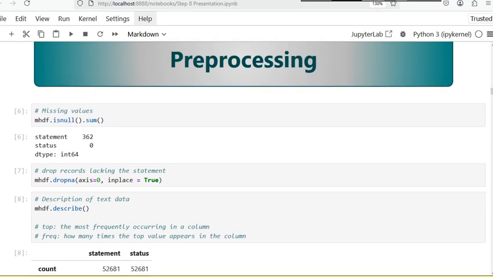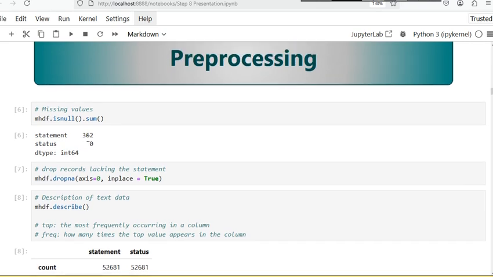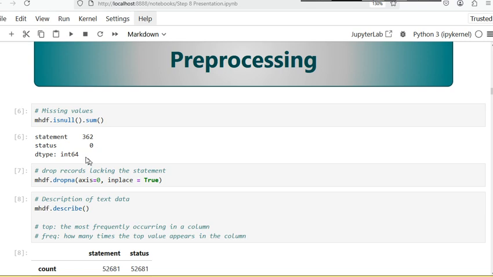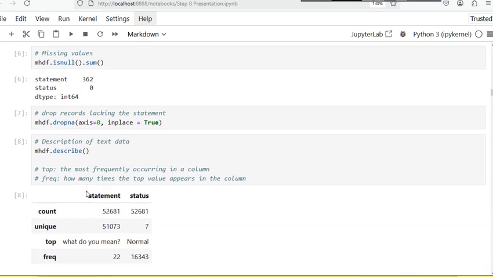Preprocessing always starts with investigating null values. With summation on the isnull method, we see that there are 362 statuses without a statement. I don't believe that they are much help to our machine learning models. So I drop any row that has a missing value with the syntax and get the description of